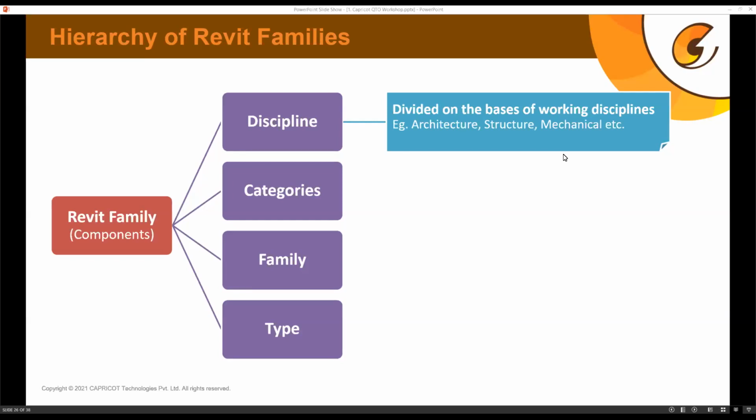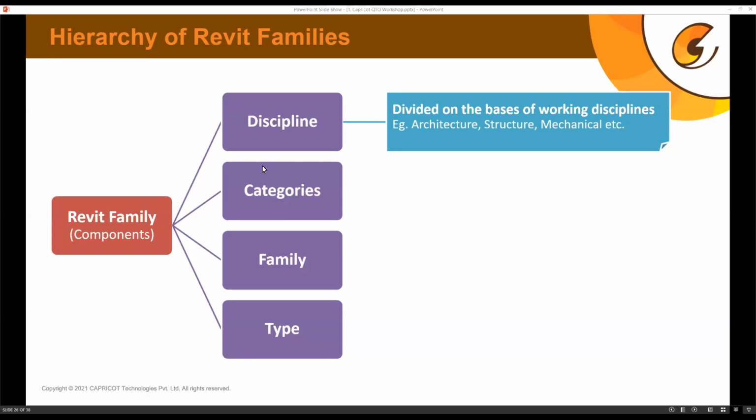And that is why every discipline person can work in Revit on their own file. So a mechanical engineer can find their own set of families, as architects will also find their own set of families and can also create them. The structure person can also find their own set of families, and according to their discipline, they can switch between different disciplines. And at the end, when the design is complete, they can collaborate together on a central model and can convey their design to the client.